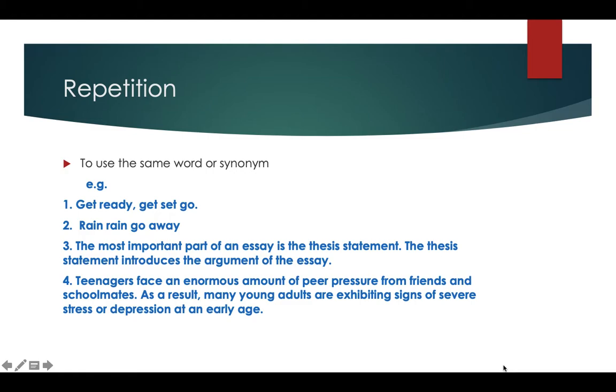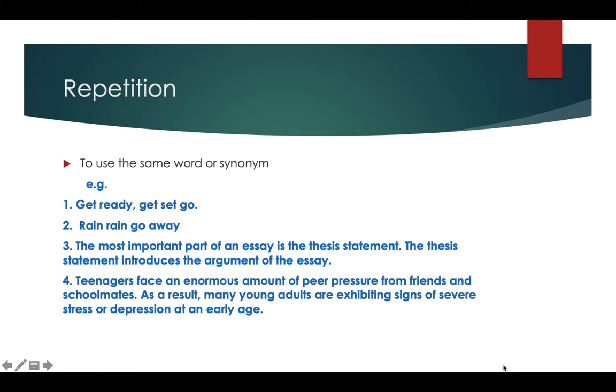Coming to example number three: the most important part of an essay is the thesis statement. The thesis statement introduces the argument of the essay. So another way of creating repetition is to use the same word or phrase at the end of one sentence and then use the same word or phrase at the beginning of the next sentence.